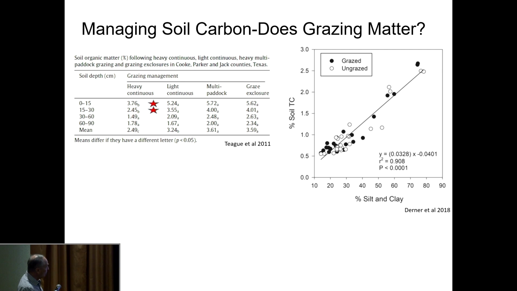And in this case, the only significant differences in soil organic matter in all of those treatments was right here in that heavy continuous grazing. Now, first of all, they didn't say what heavy continuous was, but the people that did the study, been there, that was where they concentrated cattle. So it was not an economically viable treatment. There was no way you're going to graze animals that heavily. That's what it took to reduce soil carbon in rangelands.